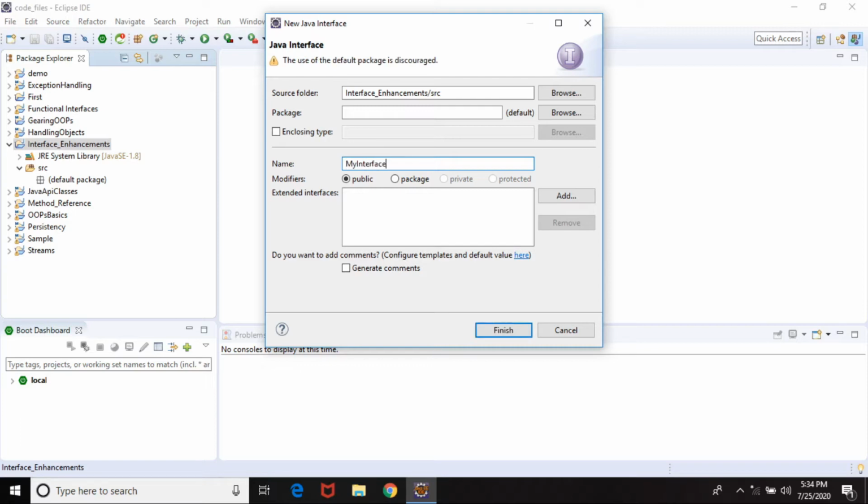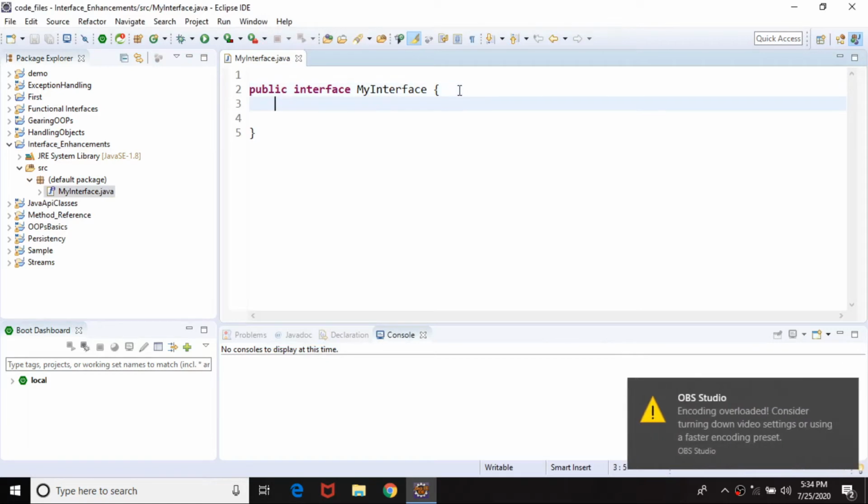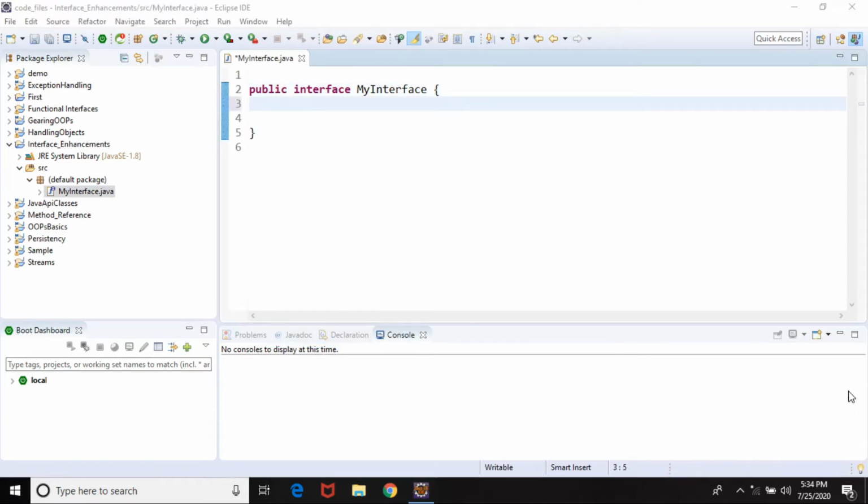The name of our interface is MyInterface. And traditionally, as I told you, what we can do is create a method which is a by default abstract method, and then I can say that this is a display method which can be created, right? Now to implement this, I need to have, let us say, another class inside which I will be able to implement this interface. So let's do that.